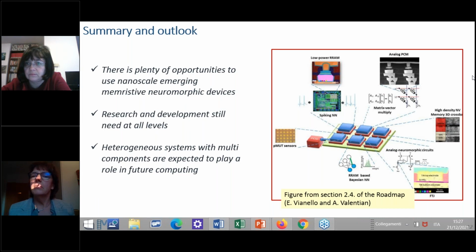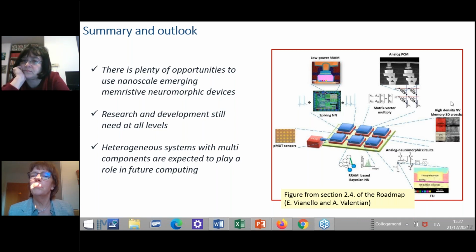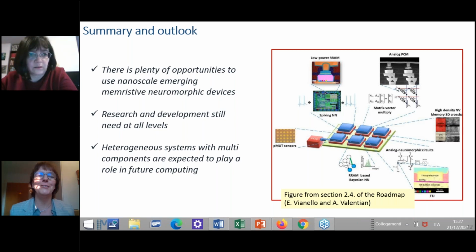So there was something also on the redox devices. Array integration was shown to be low compared to other technologies. Is this a fundamental limitation, or is there room for improvement? I think that's a question to you, Sabina.